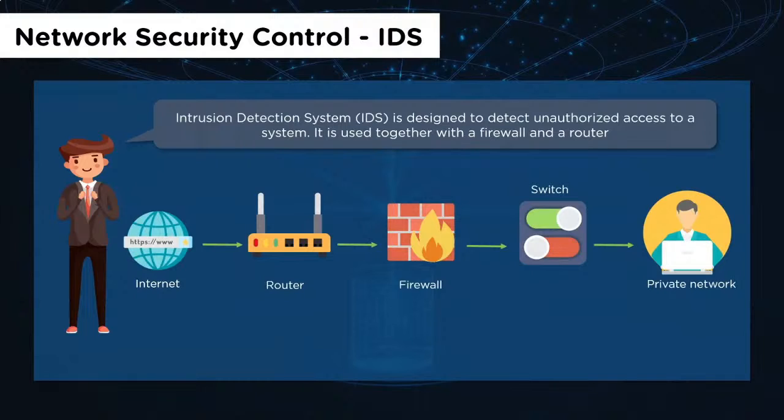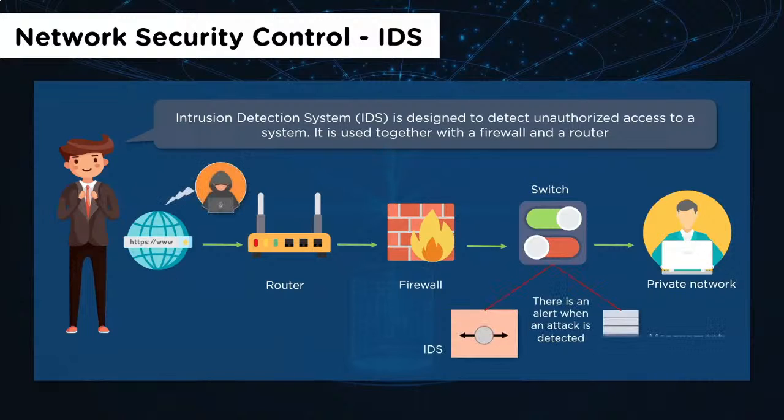Similarly, an intrusion detection system, IDS, is designed to detect unauthorized access to systems or intrusion attempts as well. Now, it works along with the firewall. The main thing here is that there's a database against which it can compare the traffic. So for most of the attacks that we have talked about, there are some distinct signatures that would cause concern or that would highlight that kind of attack. Most organizations try to develop these kinds of signatures. They have them in the database and store them on the IDS.